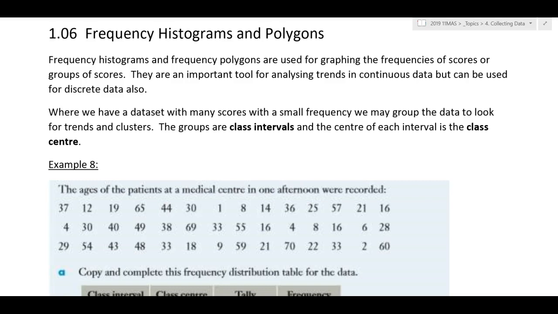The way we get around it is we group the data, okay? We group it into class intervals, right? So instead of saying people born on the 1st of January, the 2nd of January, and so on, if I wanted to have a look at trends of birthdays within our class, if I just looked at birthdays,